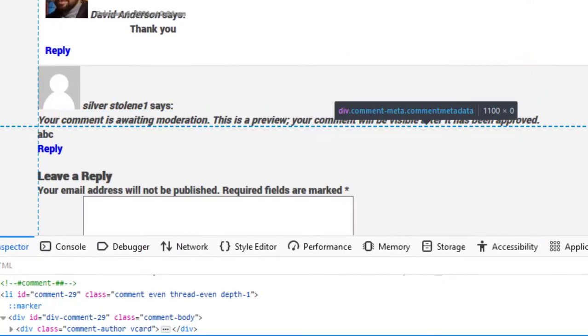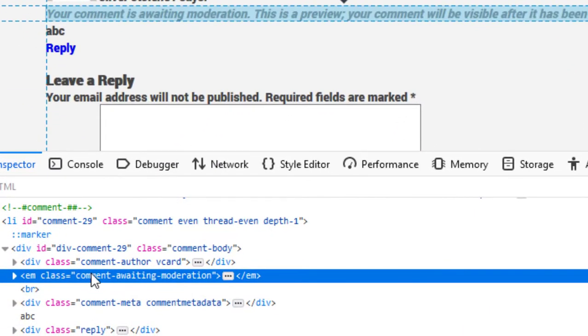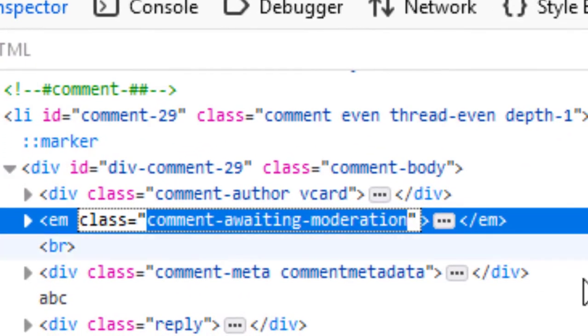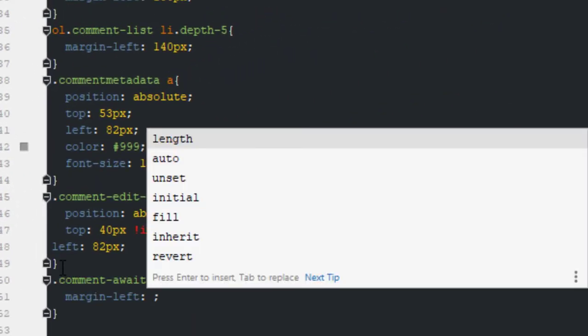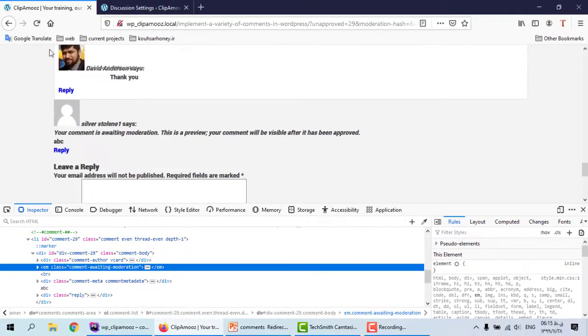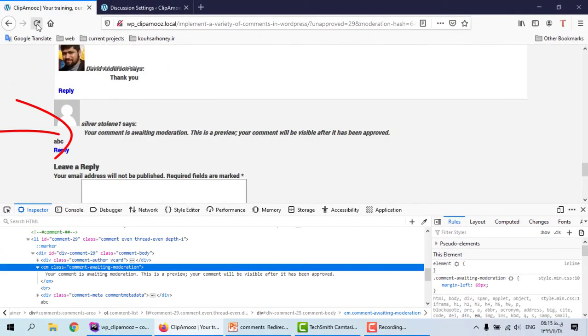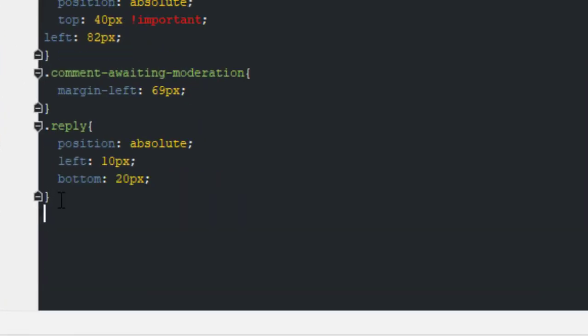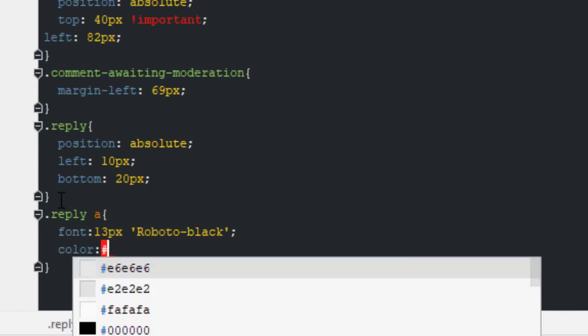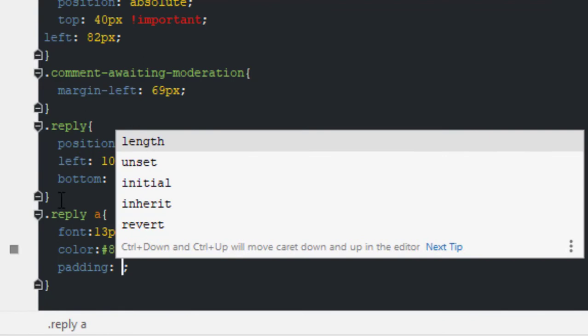Inspect, comment awaiting moderation, class. Now continue, margin left 69 px and refresh, and perfect. Now reply, position absolute and left and bottom, reply A, font color 88, top and bottom 5 px